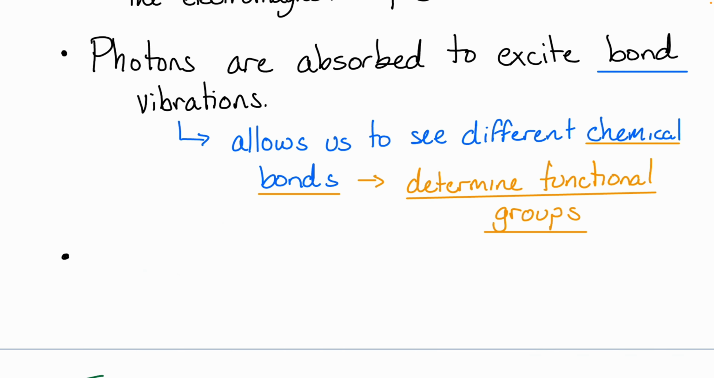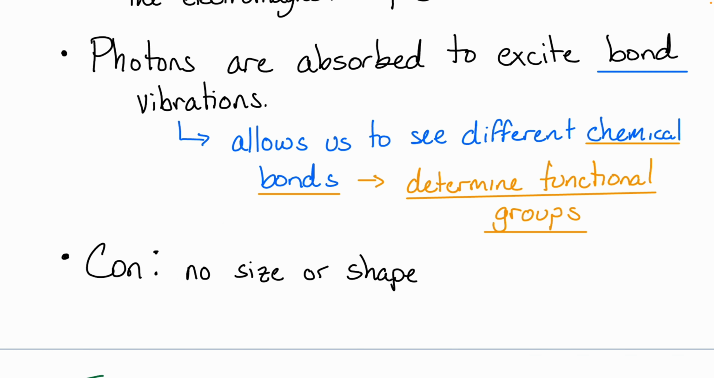We can determine the functional group that is present in our molecules. All right, so that's the pro of IR. We get to see our functional groups in our molecules. All right, the con is that's kind of all we can see. So we don't have any size or shape information